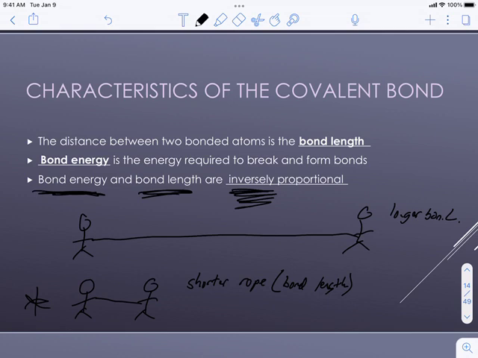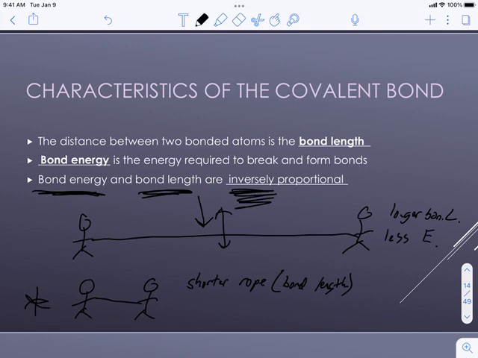Hopefully you're saying this would take less energy. This would not be as tight or as strong as the bottom one. I could karate chop right down the middle here and probably get the rope out of someone's hand, or at least make it a little flimsy in the middle. I don't need a ton of energy to do that. So the longer the bond length,